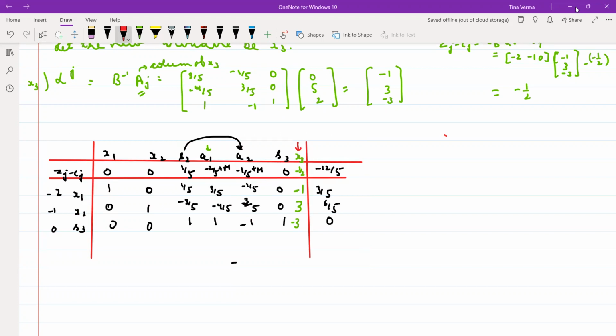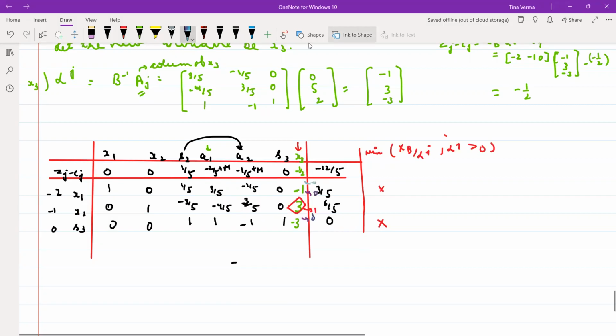And how do we define the minimum ratio? Minimum ratio we find as xb divided by alpha j, and alpha j should be greater than 0. For this I will not find because it is less than 0. For this I'll not find either. That means only this is the pivot element. This is the minimum. I have to make the pivot element 1 and the other elements 0. So when you go for your row transformation,